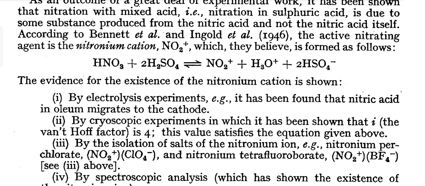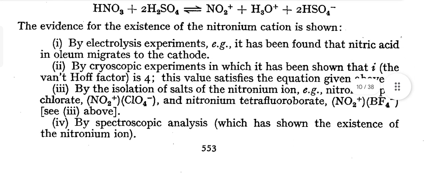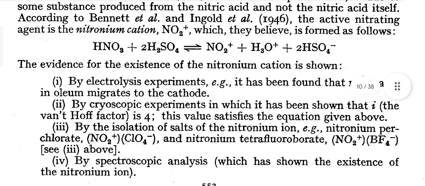The evidence for the existence of the nitronium cation is shown by electrolysis experiments. For example, it has been found that nitric acid in oleum migrates to the cathode. By cryoscopic experiments, it has been shown that the Van 't Hoff factor, that is i, is 4. This value satisfies the equation given above, that is HNO3 plus 2 equivalents of H2SO4 gives nitronium ion,